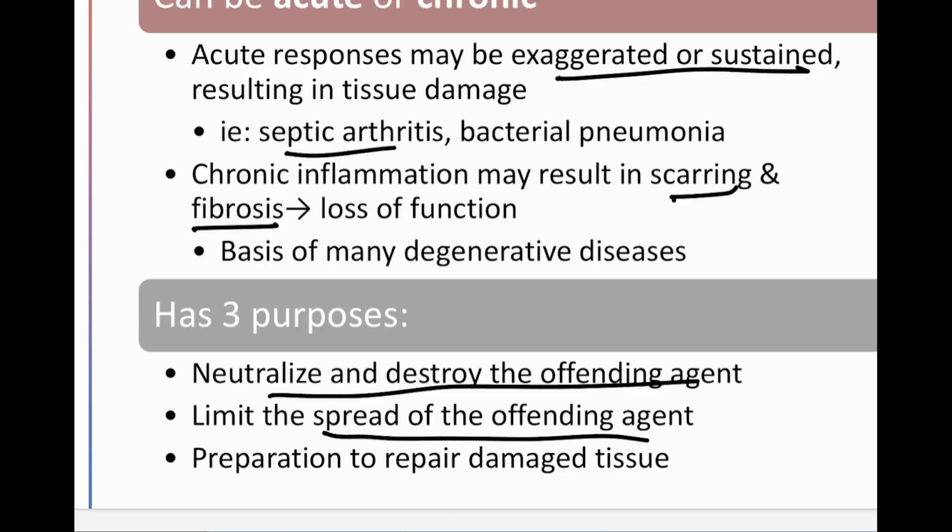A localized infection means the infection is just localized to that one area. When you talk about a systemic infection, the infection has spread from, say, an abscess on your finger into the blood supply, and you're going to start getting fevers and more systemic symptoms. The last thing that inflammation does is prepare the tissue to be repaired. All those factors that help with healing are going to come to the area. Again, the goal is to heal that tissue.